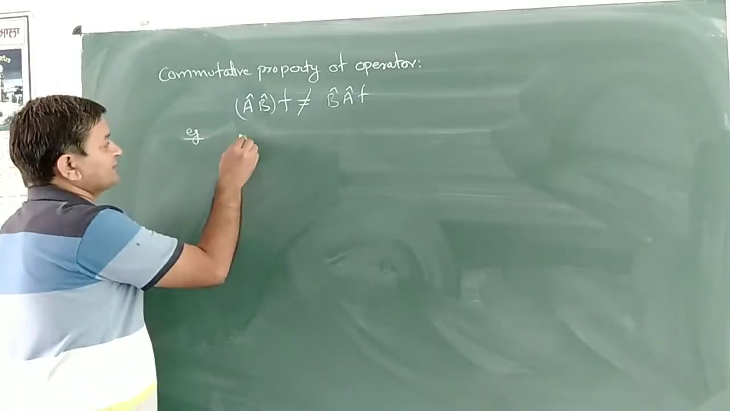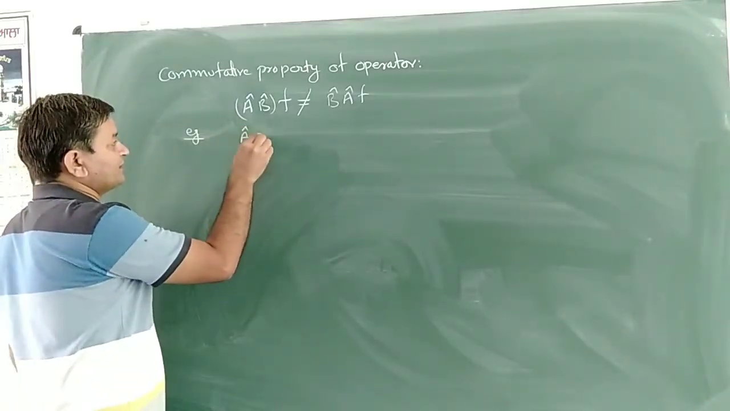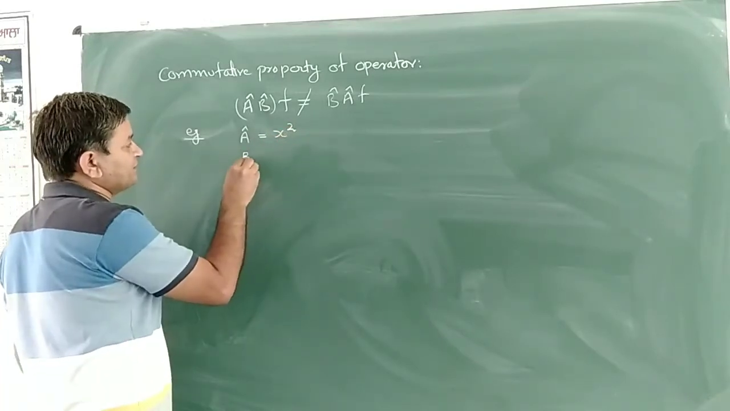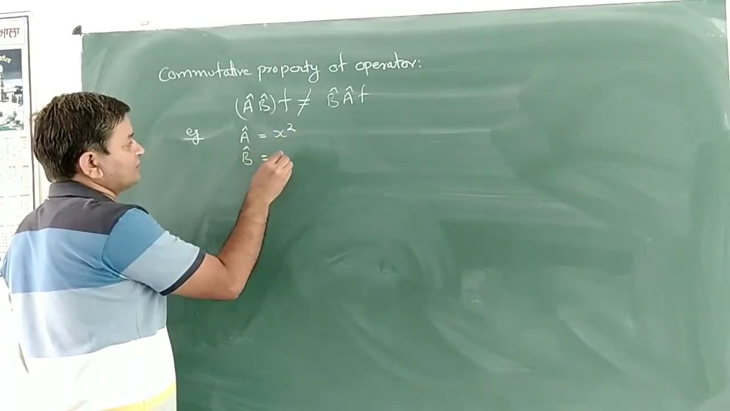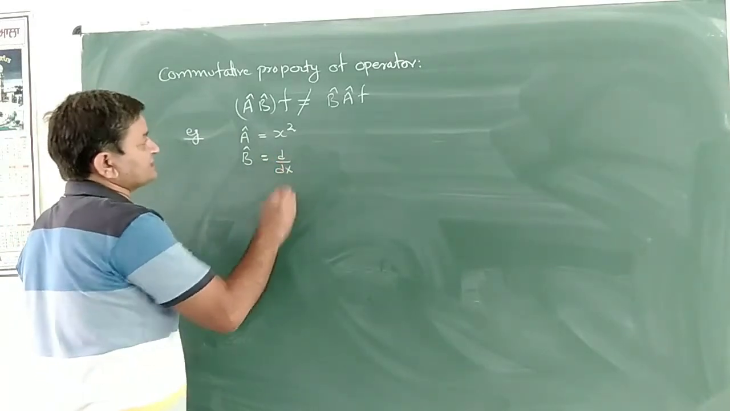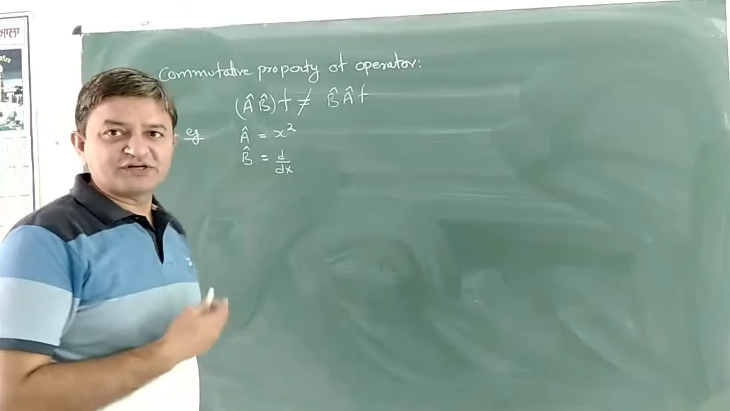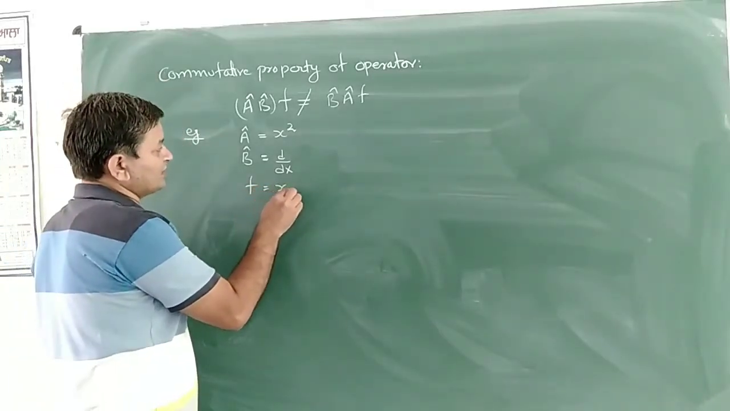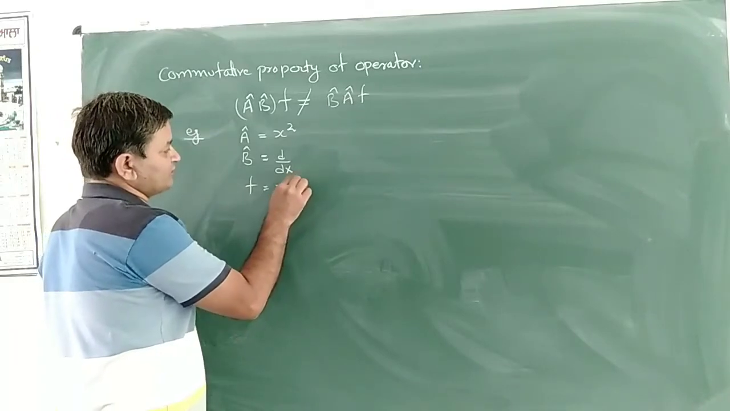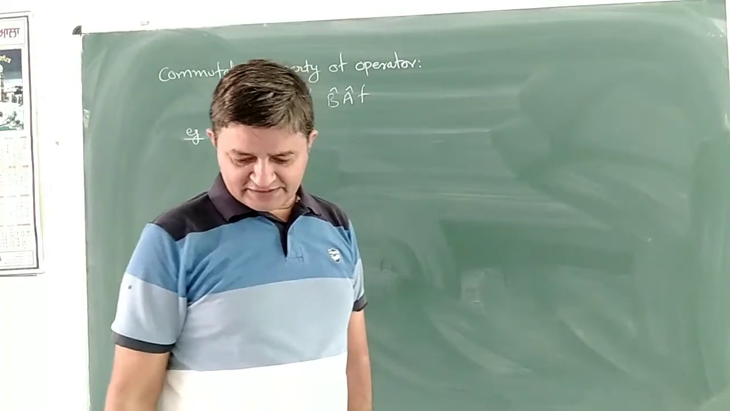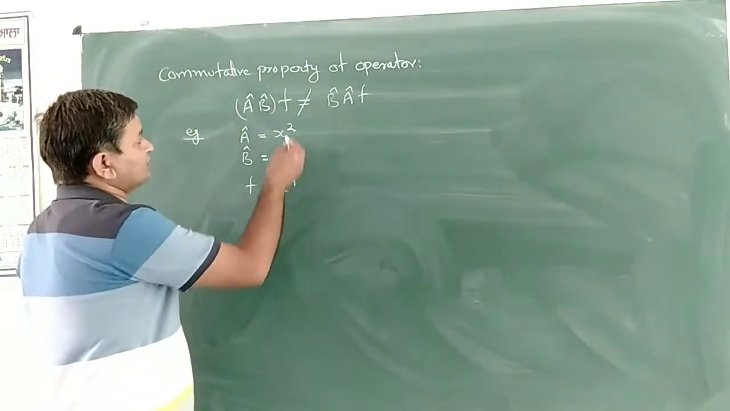तो let's see here that अगर यहाँ पे A operator है is equal to x here and the B operator is equal to d divided by dx and जो फंक्शन है this function that is equal to x raised to power 4, there is function की वैल्यू जो है that is x raised to power 4 है।